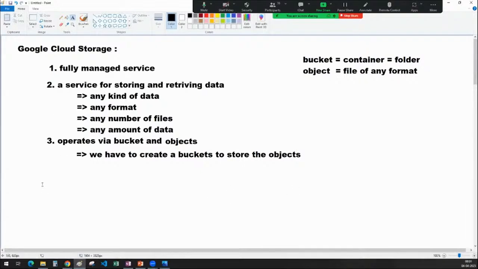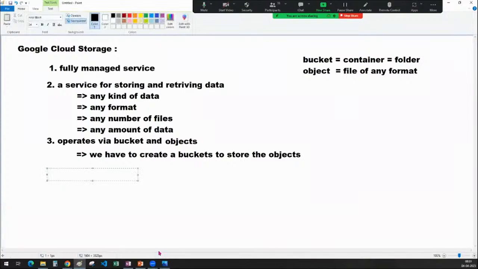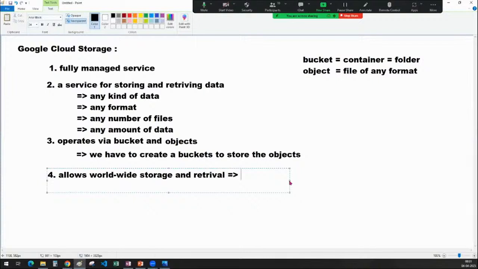So far everything seems good. The fourth point I want you to understand is that Google Cloud Storage allows worldwide storage and retrieval. What does that mean, sir? I do not know. One more basic concept is coming, sir. You have to understand there is a concept of region,